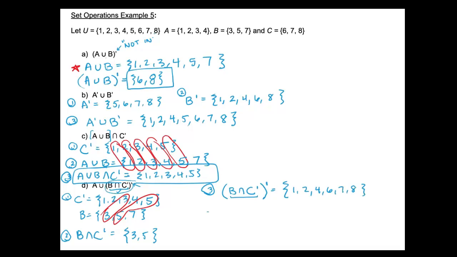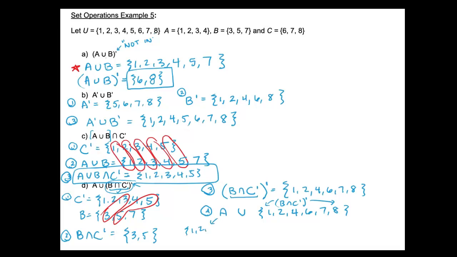Now all I have to do, so step 4, is to union that with the A. So I'm going to take A union this set up here, 1, 2, 4, 6, 7, and 8, because this set represents B intersects C complement and then the complement of that. So that's what this set is right here. And so to do that, I'm going to look at what's in A. So A